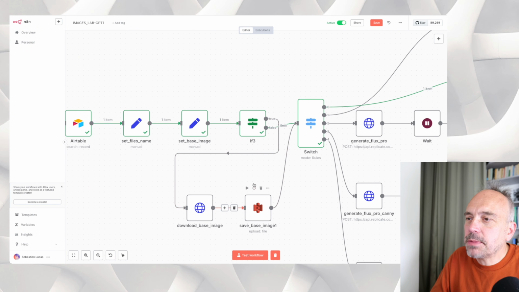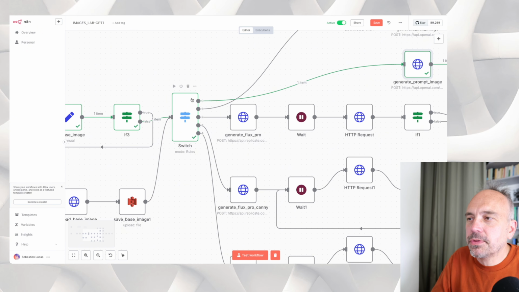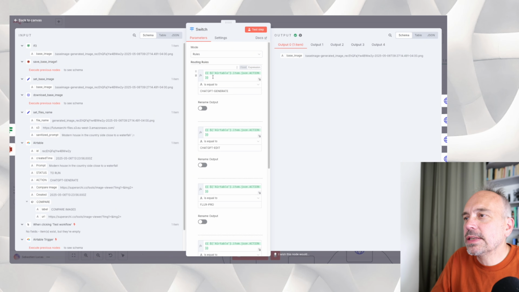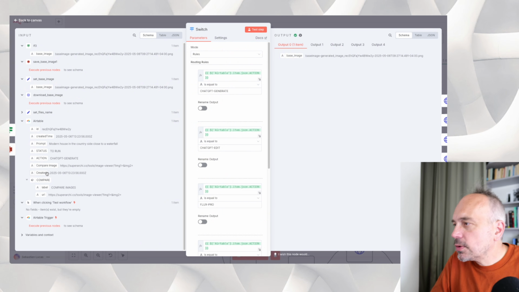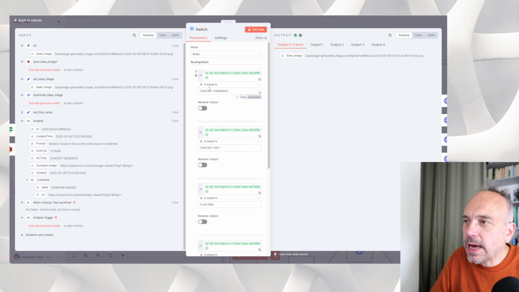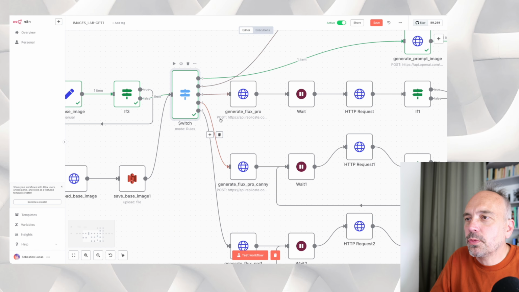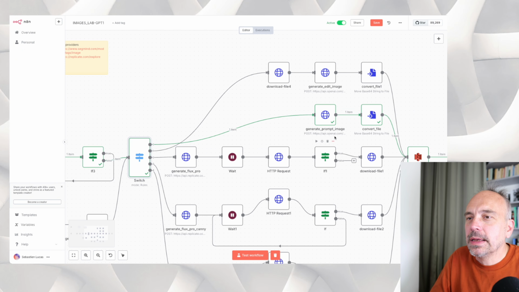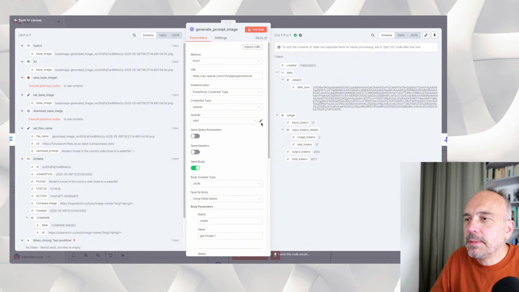After we set some names, some technical stuff, after there is a switch. And this switch is what is reading the value in Airtable. So here you see the value is status to run, okay, but action ChatGPT generates. So if action is ChatGPT generate, then follow this path. So which path is it? It's this one. And here we are calling the API of ChatGPT, and we are using this address to call it,